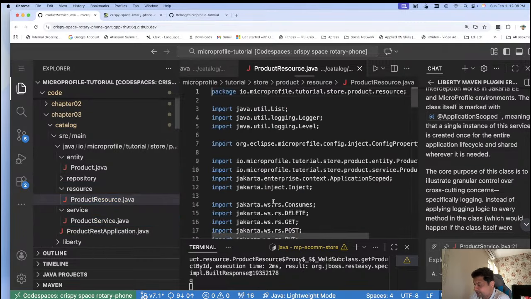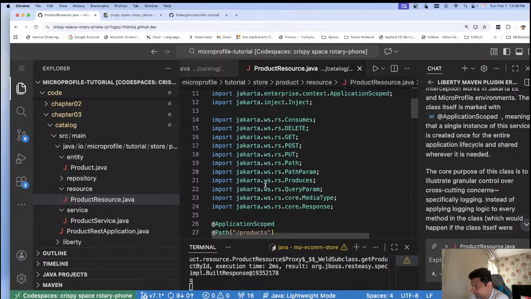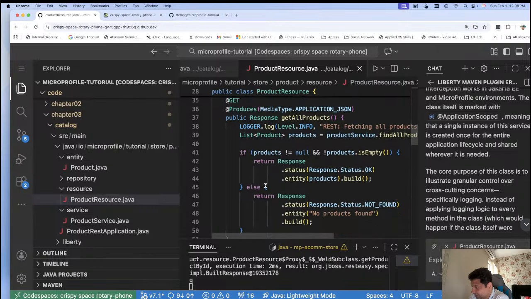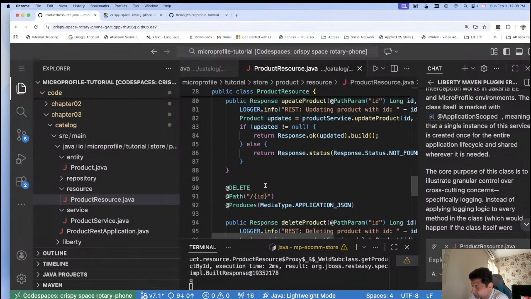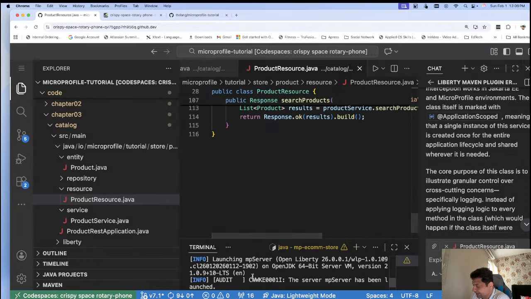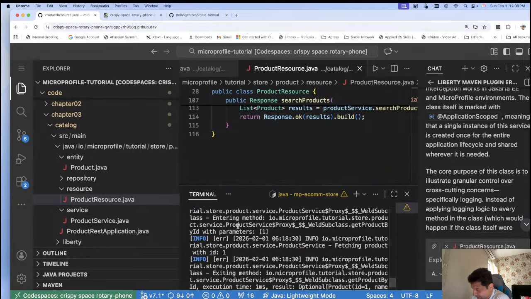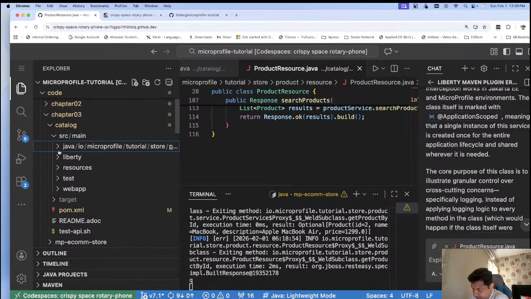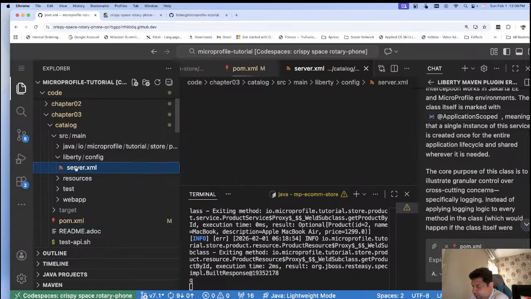We have a resource class. Resource class has various HTTP methods defined. So here, this is our resource class. Now let's run this. But before that, we went through the pom.xml. We also will go through the